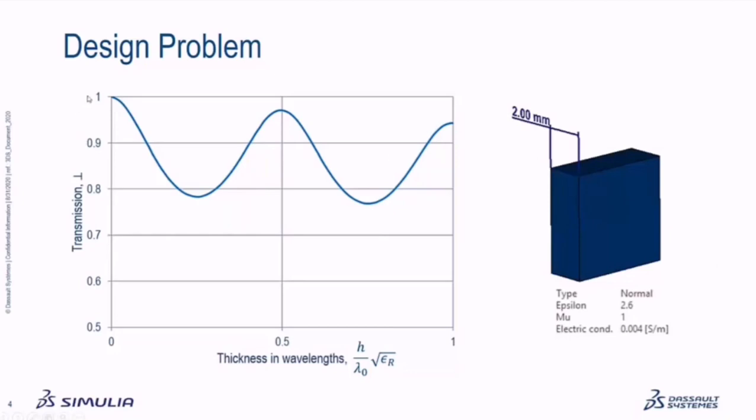Dielectrics do have a transmission profile which looks like this wavy curve, where we have optimum points of transmission. If we take a standard ABS plastic, which has 2 millimeters of thickness, which was one that came with one of the projects, we see that when we make this transition mapping, it just